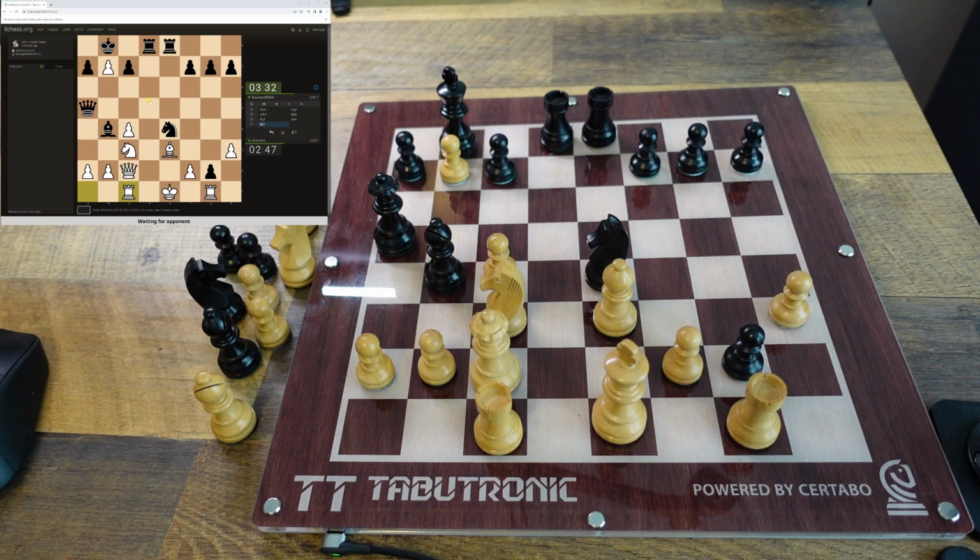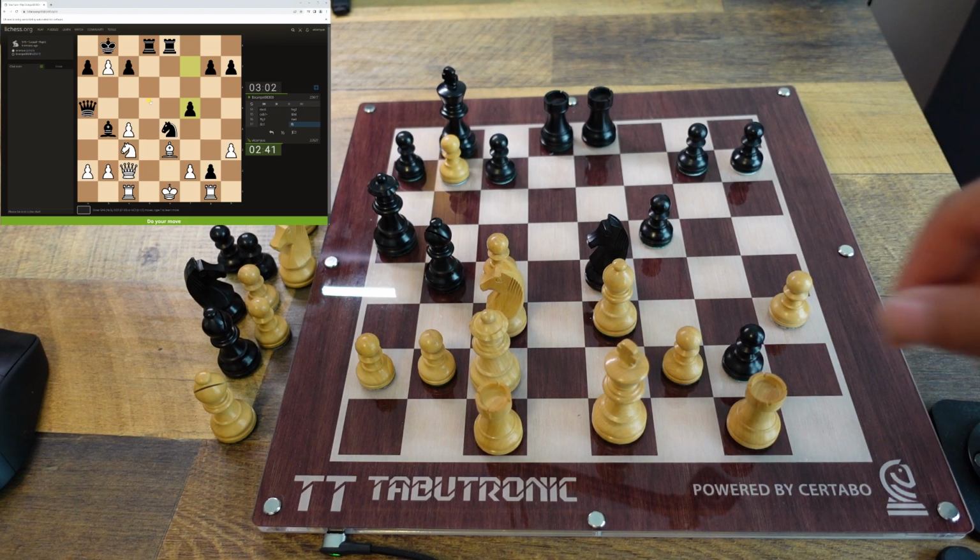If he goes knight takes my knight, I go pawn takes, and he hasn't moved the bishop, and my pawn on A2 is protected. Yeah, I really got to study this version of this opening here. I feel like I got myself into trouble somewhere, but I just don't know where, again, because I'm trying to learn this opening, and there are definitely some nuances to it, for sure. But at least I got him thinking now. I mean, he definitely has a better position than me. If I was to stand on his side and want to take either color, yes, I'd rather play black, but I don't mind playing